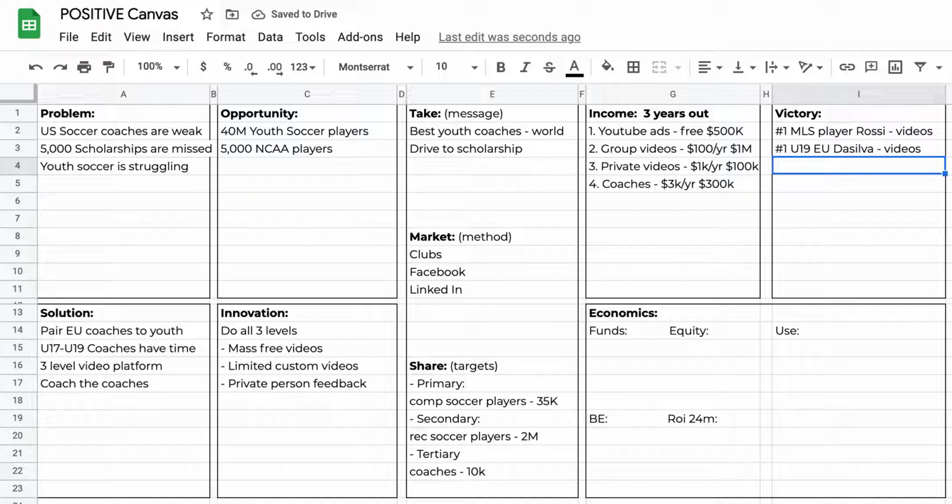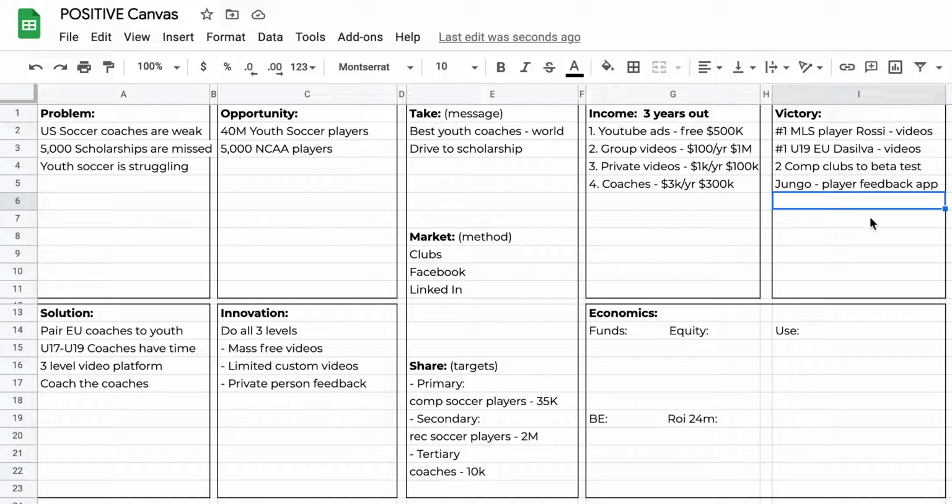Then we have 3 comp clubs to beta test. And then we have a partner called Jungo, who has a player feedback app. Okay, so these are just some ideas on how we're going to differentiate, how we're going to say that we're different, and how are we going to win, how are we really going to get there.